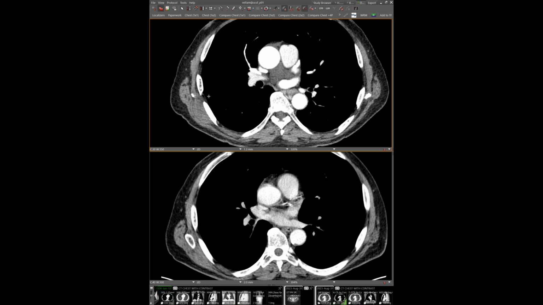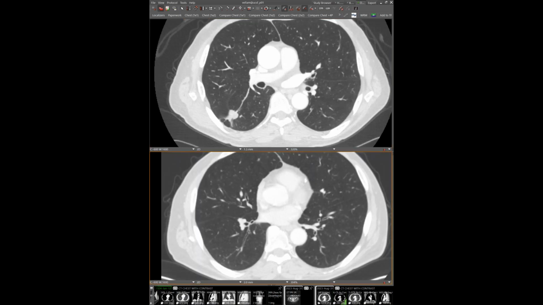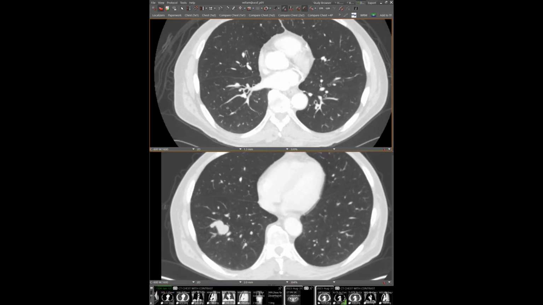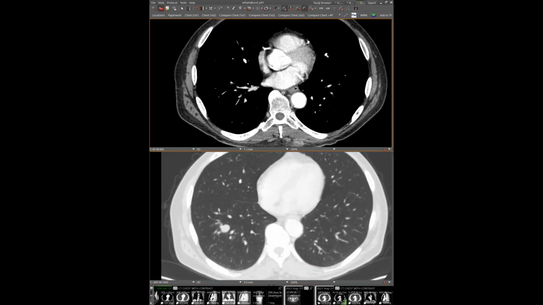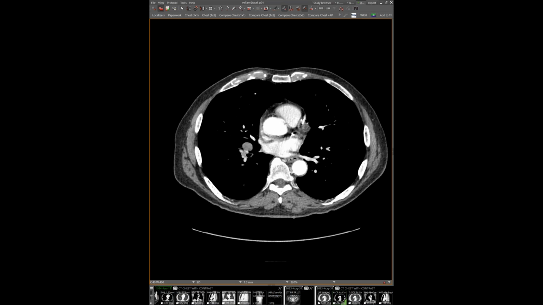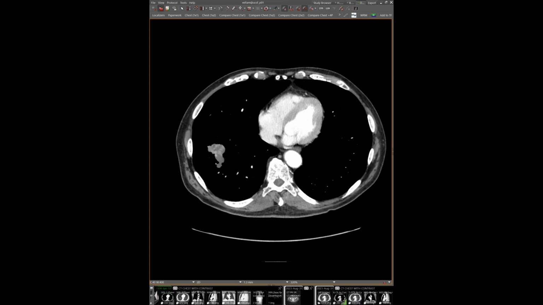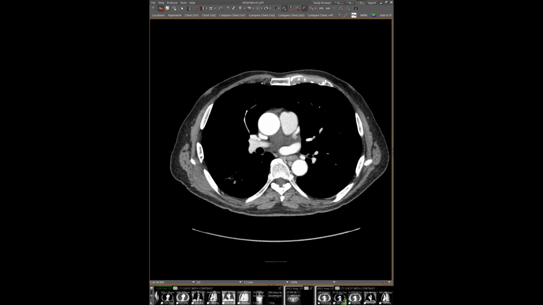And you can see that on the current exam, that area has nearly doubled in size. So I don't know about you, but I've never actually seen an elastofibroma dorsi grow, at least not this quickly. And you'll notice that this patient has other problems. They have a bunch of these lung nodules, very large. And in other parts of their soft tissue, like for example, back here, they have soft tissue implants as well. So this is a patient who has metastatic melanoma, and this was just a metastatic implant that was sort of